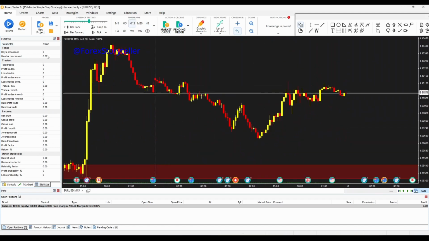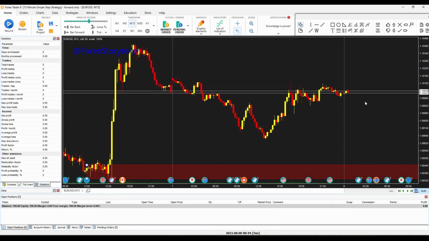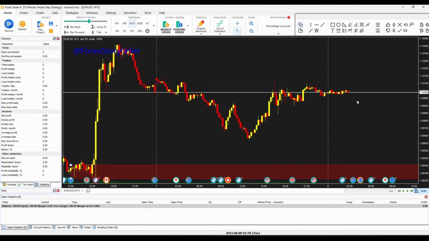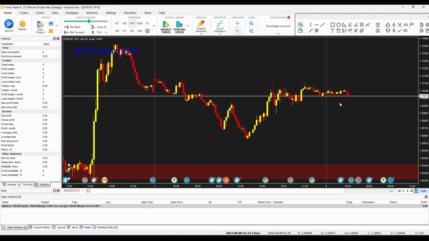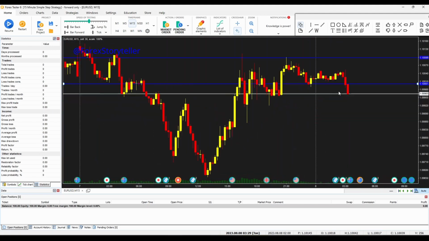Alright, so we've got a clean statistic chart, $100 in equity. We're using a floating spread, and we'll go ahead and get the day started and see what we see. So we'll let price move just a little bit. Now we're starting to get that break to the downside. I'm going to be looking at about here,